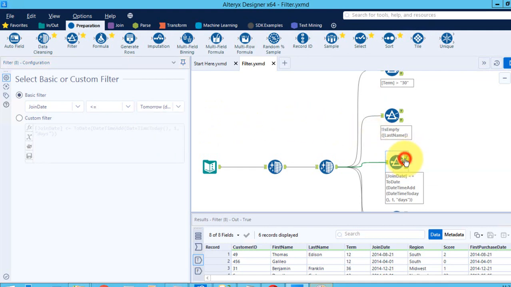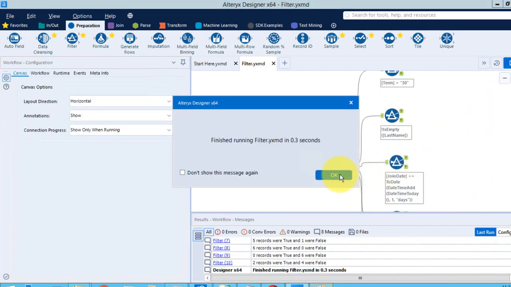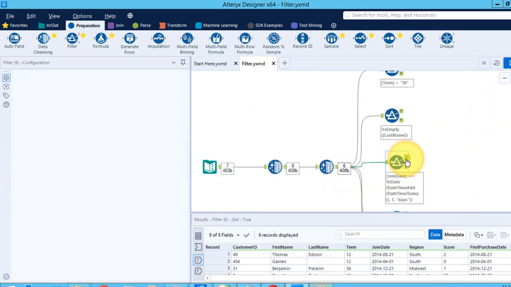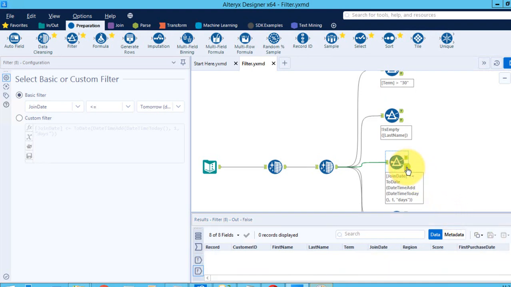If you click on true value here, then it will not return any value because there is none. It has written this kind of values is less than or equal to tomorrow's date. So every value is less than tomorrow's date, and when it comes to false, it means the records which are greater than tomorrow's date is none. So it is showing as 0 value here.